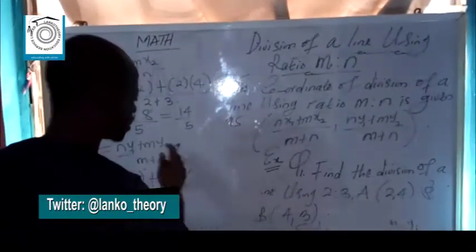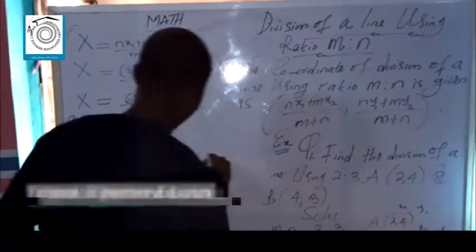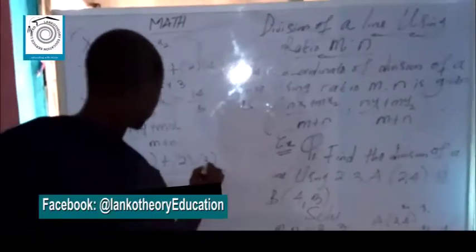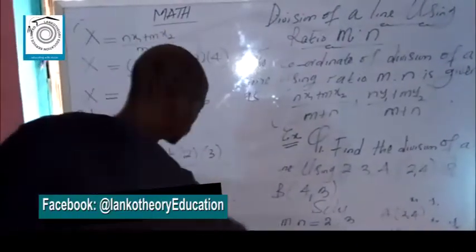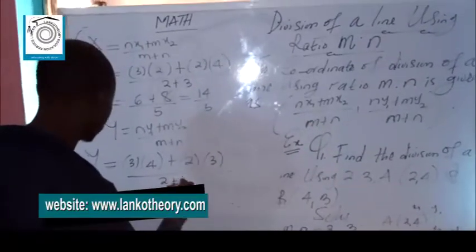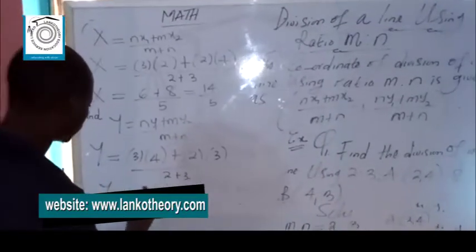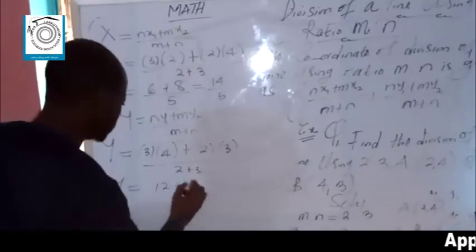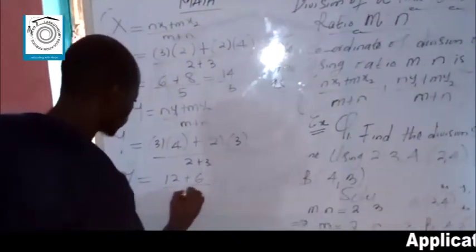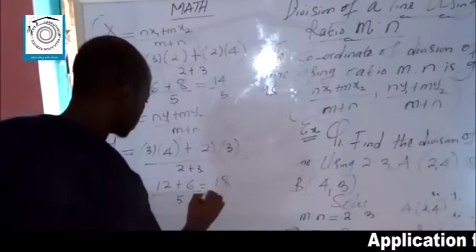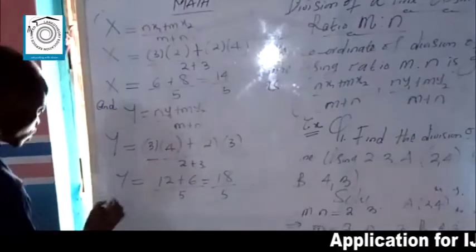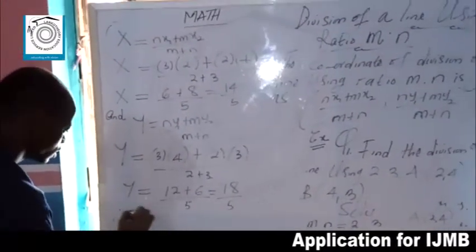2 multiplied by y2. The value of y2 is 3. Everything divided by m plus n, which is 2 plus 3. So the value of y will be equal to 3 times 4, which is 12, plus 2 times 3, which is 6. 12 plus 6 will give you 18, upon 3 plus 2, which is 5. So I can say therefore the coordinates